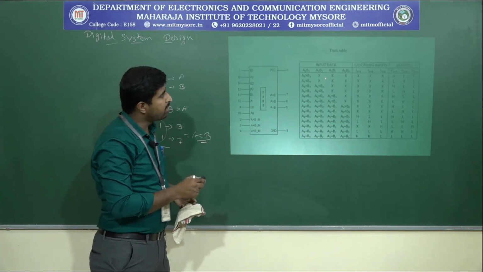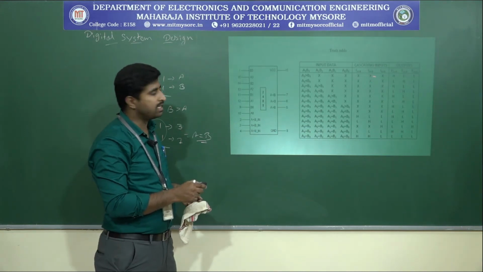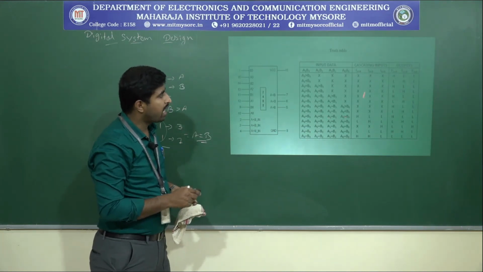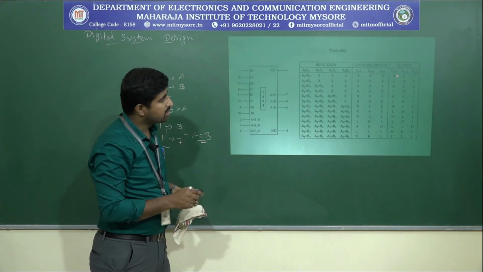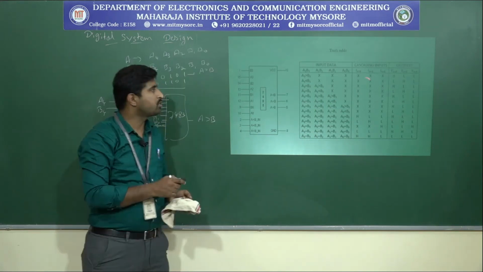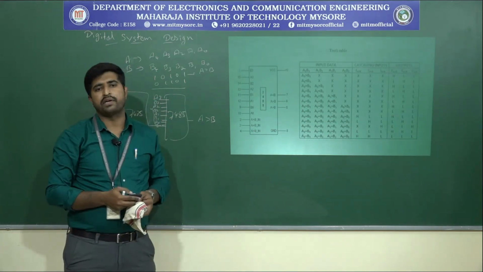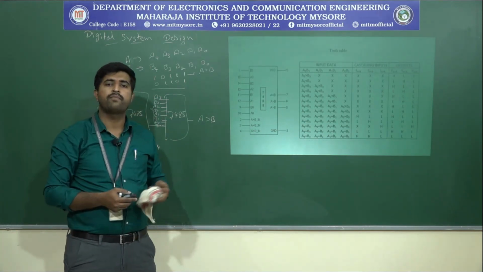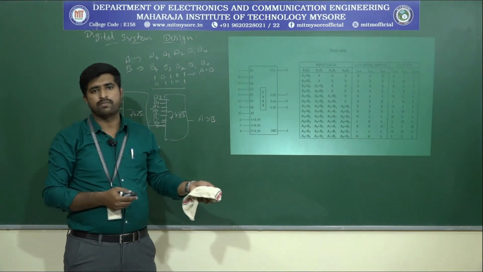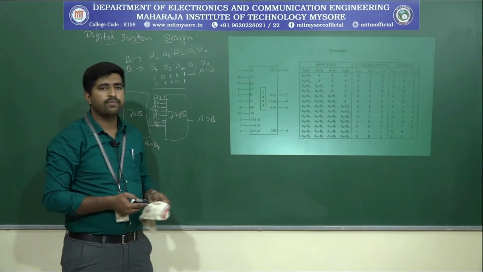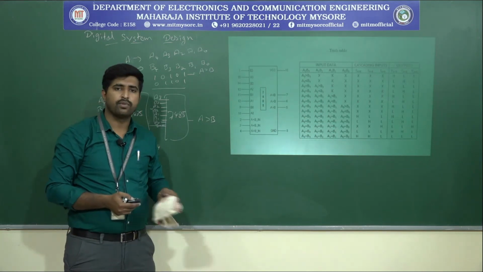So like that, we need to write the truth table. This is with respect to the inputs. What about the function of the cascading inputs? If the inputs are the same, and the cascading input says A greater than B, then the output will be A greater than B. So this is the truth table of the 7485, and this is how the 4-bit comparator works. When you need to implement more than 4 bits, we can cascade the 7485 multiple times. So this is with respect to the comparator. In the next class we are going to see the next topic. Thank you.